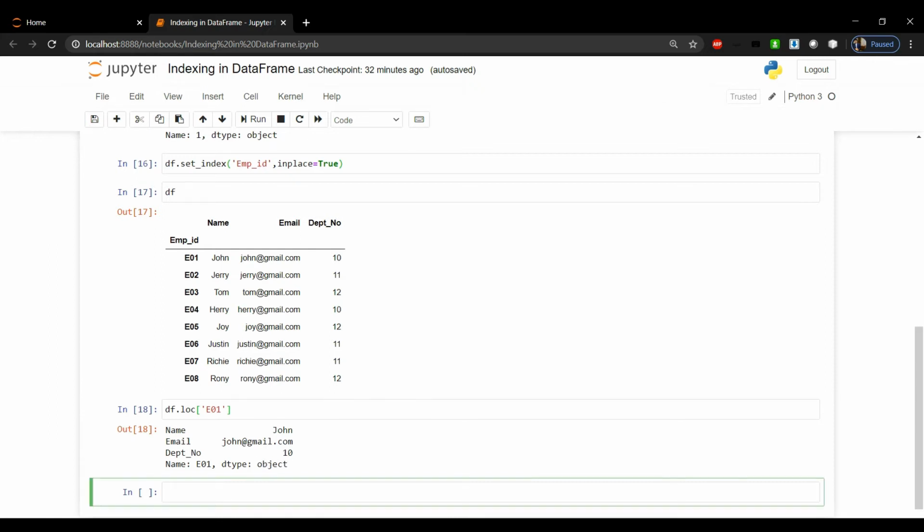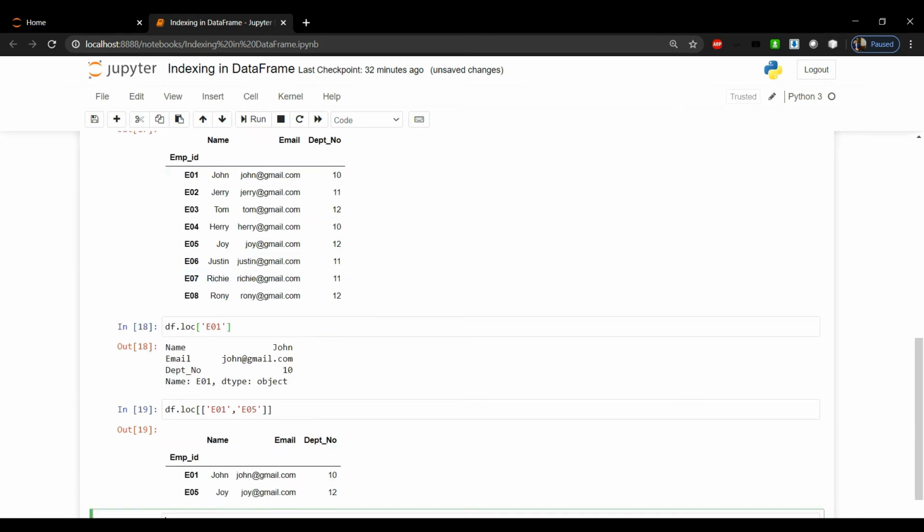Now if I want the data corresponding to multiple employee IDs, that is, the data of multiple employees, we need to pass a list of the employees. So df.loc and pass the list of employees, like I want the data of employee number 1 and employee number 5. Let's run this.